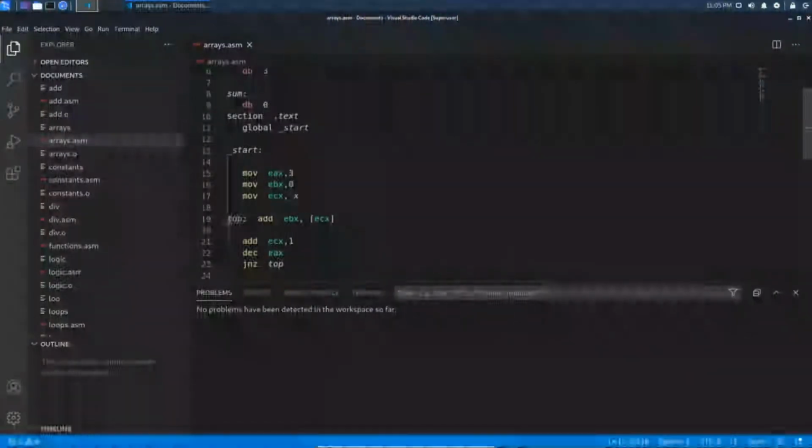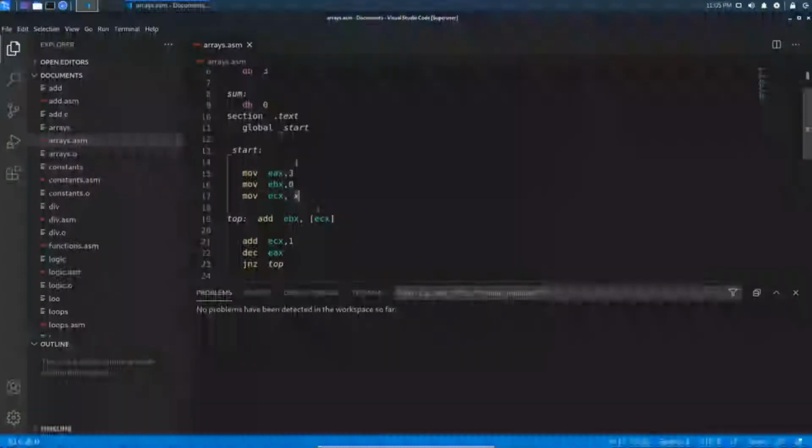See here, top is a procedure or function, whatever you may call it, and here we are adding to EBX. ECX will hold the element in the array and it will get added to EBX. So for the first time, 0 plus 2.